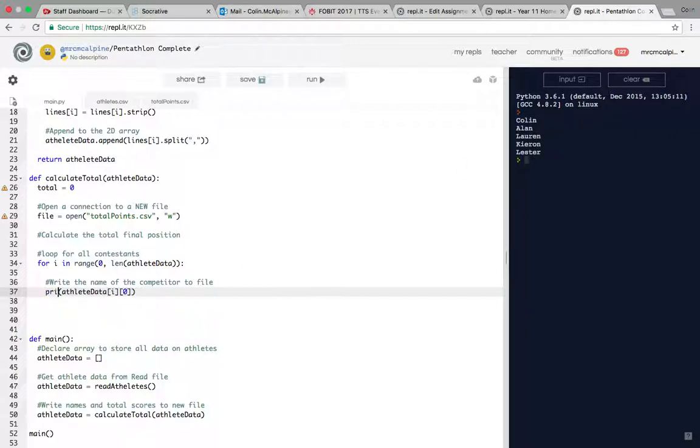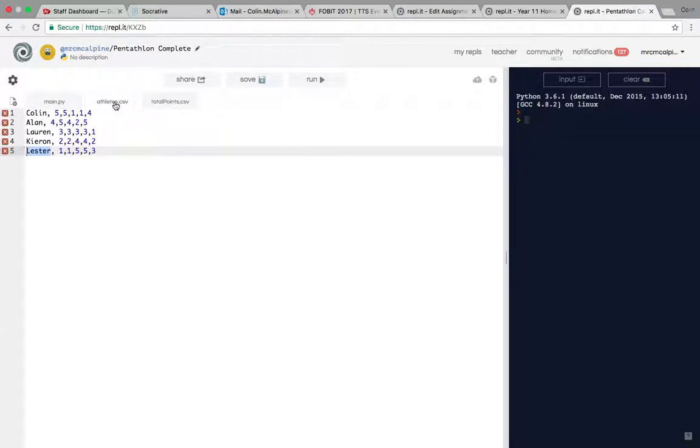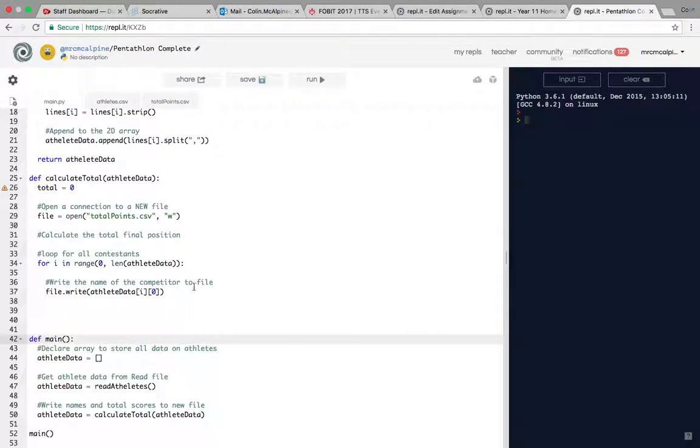Now I don't want to print that. What I want is to have the file.write athlete data. So we can see no outputs in the terminal, but the CSV file has all of them on the one line. What we also want to do is print out that comma to separate them up,